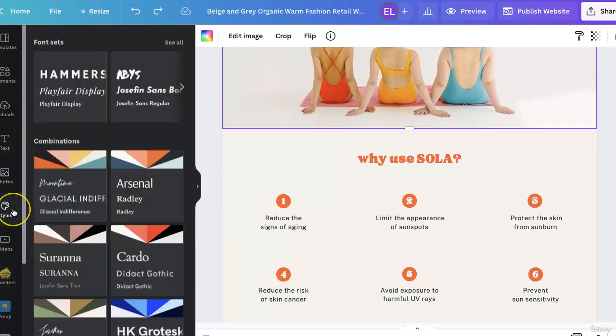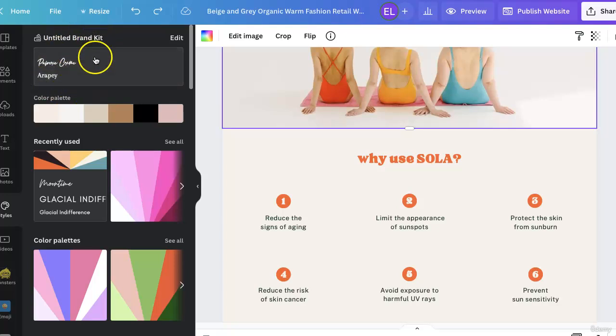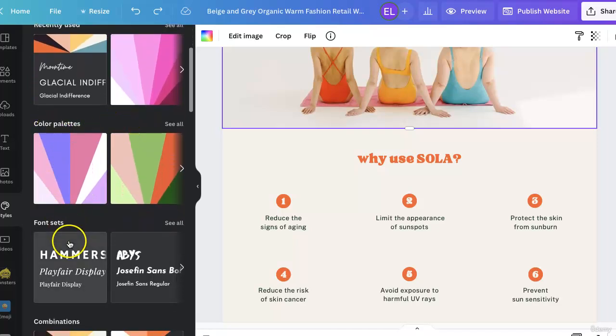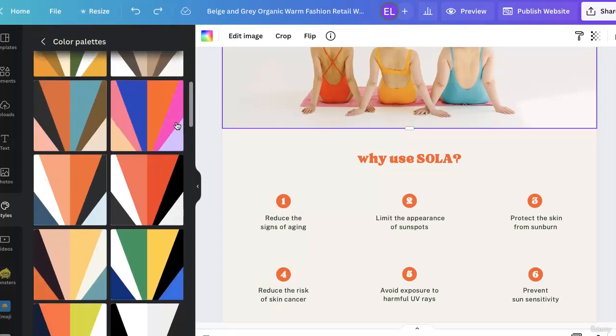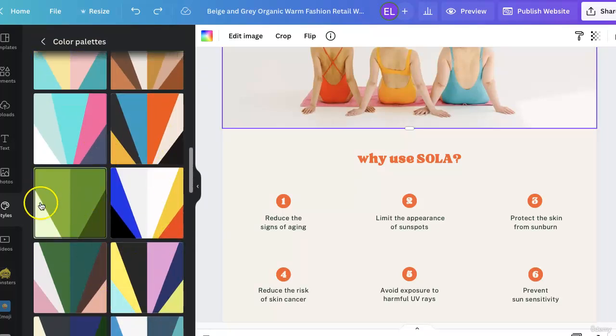and click on Styles. Now, at the top, it will tell you what your brand kit is if you have one, and your own color palette, but it will also give you color palette options and font sets and combinations. So maybe you're not sure about your color, you can check out these pre-done color palettes. Click on See All to see more options. The cool thing is that you can actually cycle through these. So let's say we like this one,